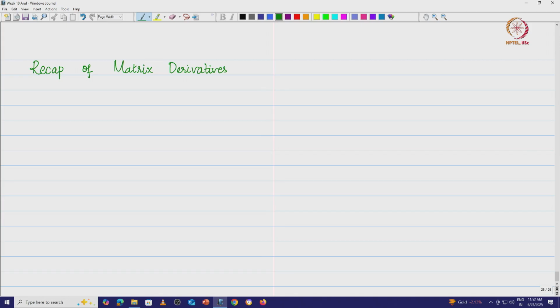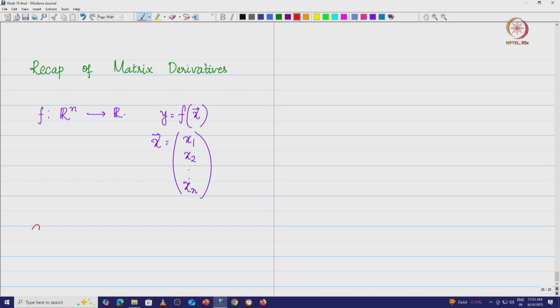So, basically we are looking at f, which is going to map from, let us say, Rn to R, right. What does that mean? If you have y is equal to f of x, this x is an element of Rn, where the x vector is basically x1, x2, etc., xn, right. Now, we will bring back the ideas of gradient.